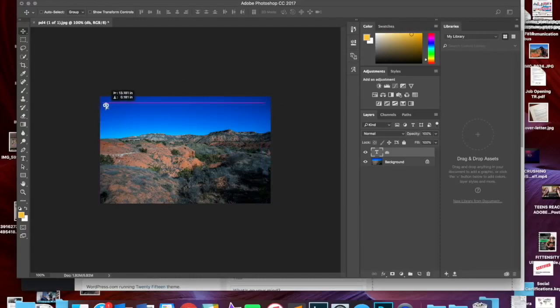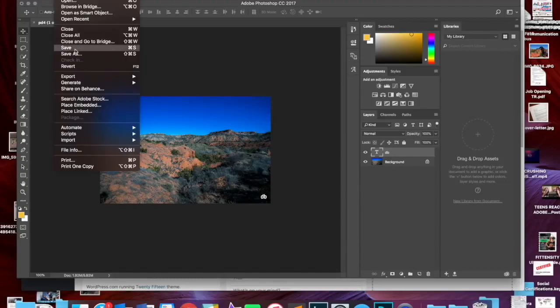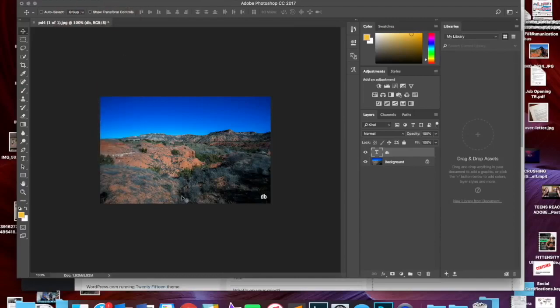I could also move it up here. So there are plenty of places to put that watermark. I'm going to leave it down here just for that sake. So then I would just go in and save this photo to my desktop, and you would continue to do that for all the photos that you're going to use